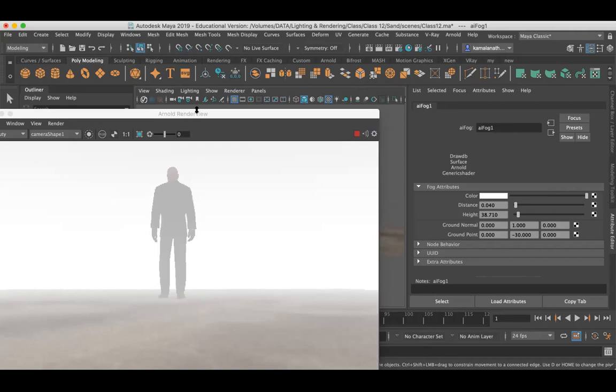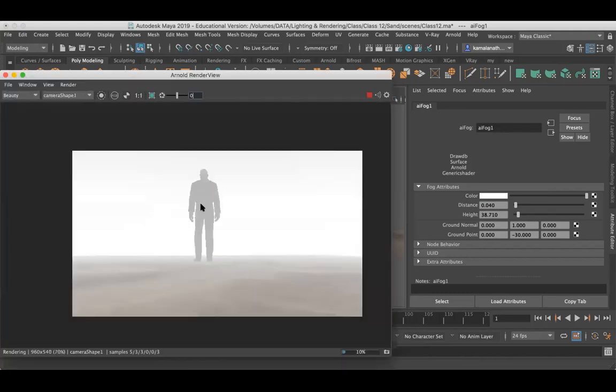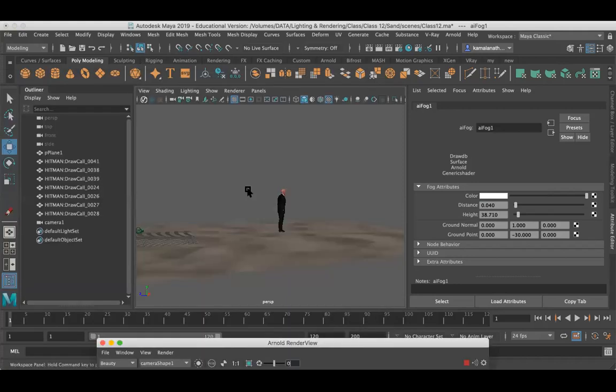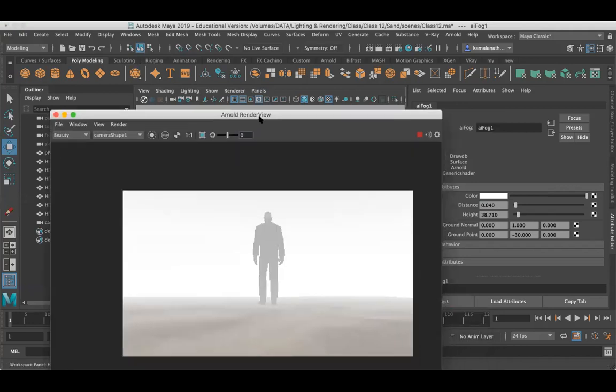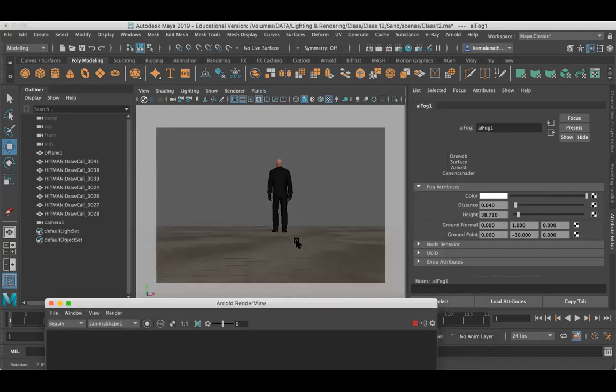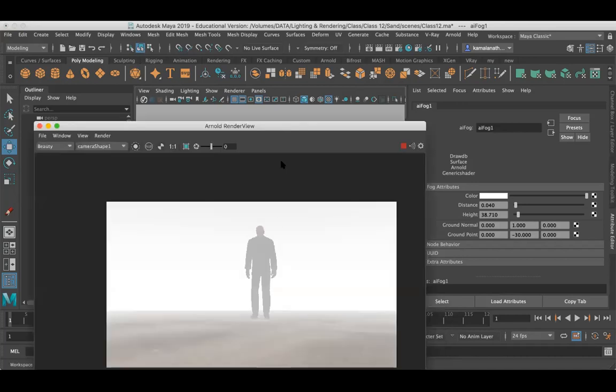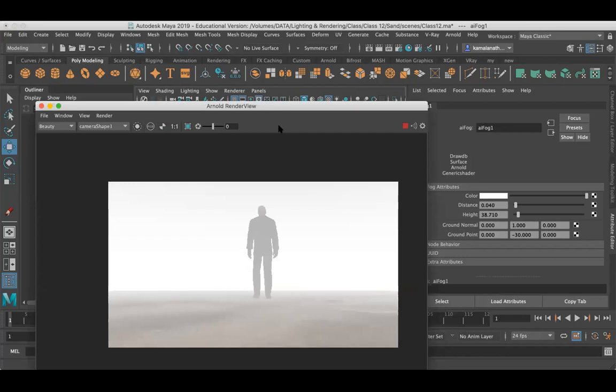So now I got the fog complete. My scene has proper fog. Just a minute, guys. I want to place this character at the center of the screen. Yeah, this is fine. So now according to the reference image, whatever we are trying to achieve,